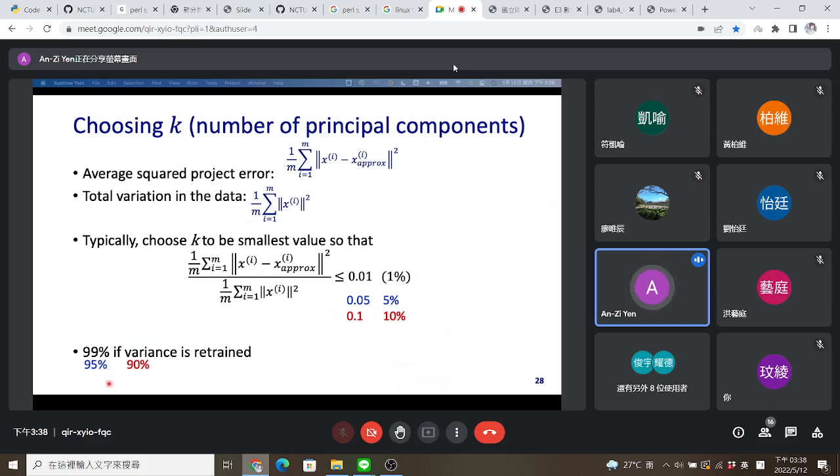And if we choose 0.1, it is 10%, so 90% of variance is retained. So these are some common values that we would choose. 那这边只是很快的讲一下选择 K 的部分。